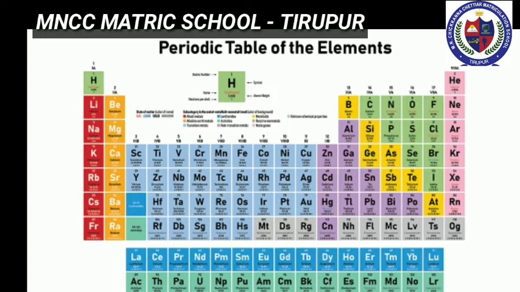Next, the modern periodic table is a tabular arrangement of elements in rows and columns, highlighting the regular repetition of properties of the elements. The modern periodic table has 118 elements discovered so far. Already you have studied the features of the modern periodic table in 9th standard. Here, let us confine ourselves to the study of the features of periods and groups.